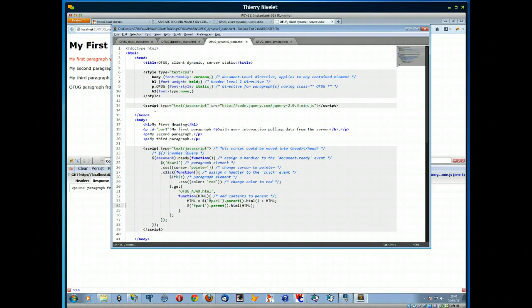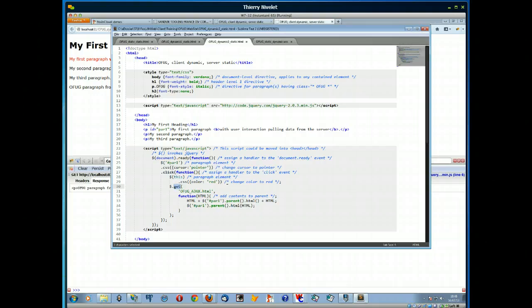So the beginning is exactly the same. We still use jQuery. Now we change what we do in the ready function. Especially what we do in the click function. So it's a little more complicated now, but we try to make it simple. Here, this is the click function. So first we're going to change the color to red. This is the same as we had before. And then after we change the color to red, we're going to say